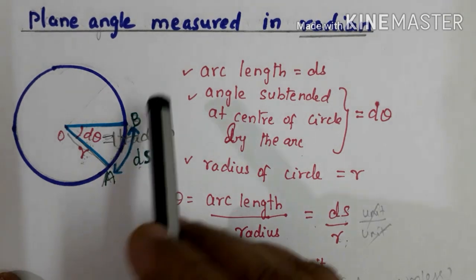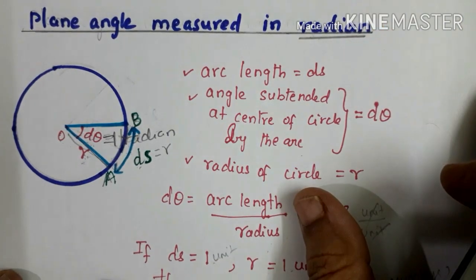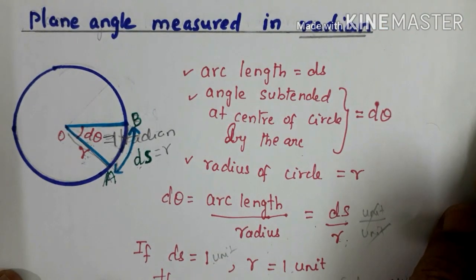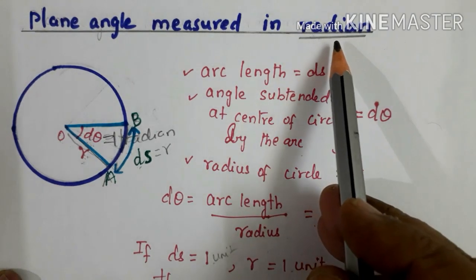Here we are going to have another unit, radian. In the three-dimensional figure, that is the sphere. A two-dimensional figure you can take as a circle, and a three-dimensional figure you can consider as the sphere. In the sphere you will get the angle. We call it the solid angle, and the unit we use to measure solid angle is steradian. Okay, now first we will see what is meant by radian.